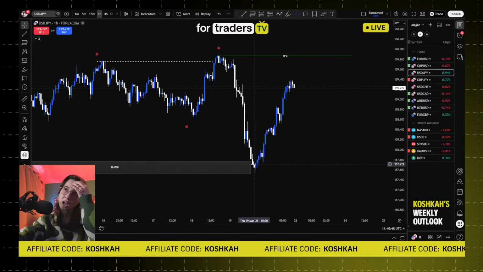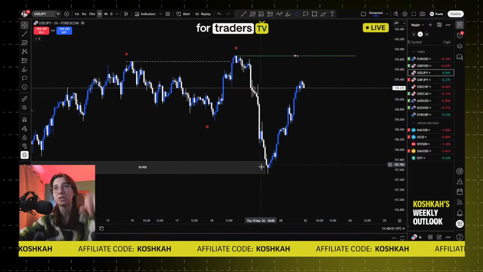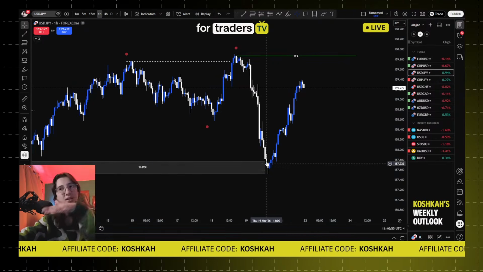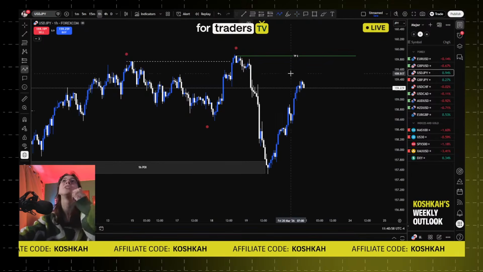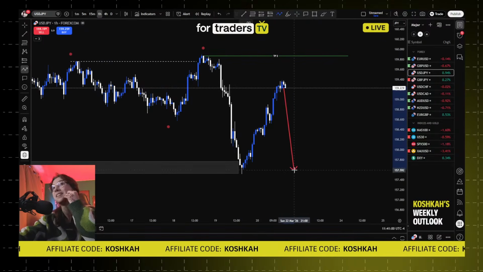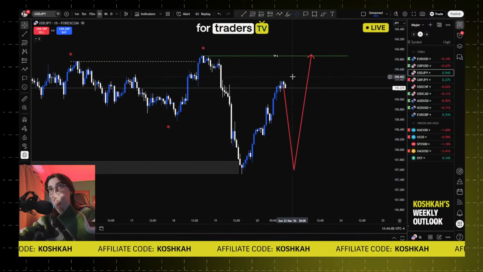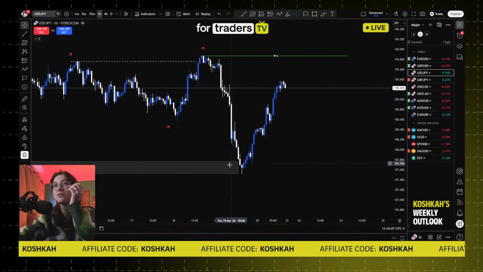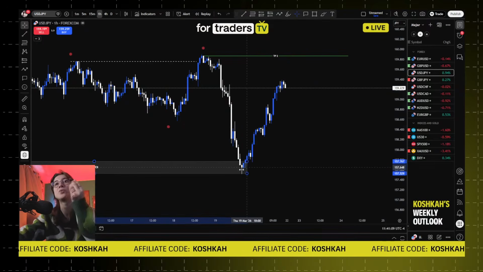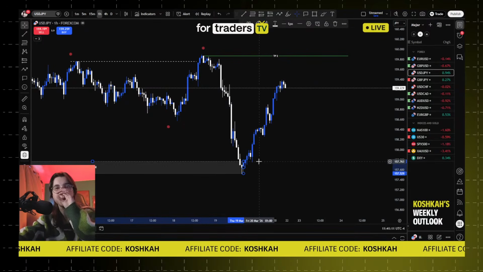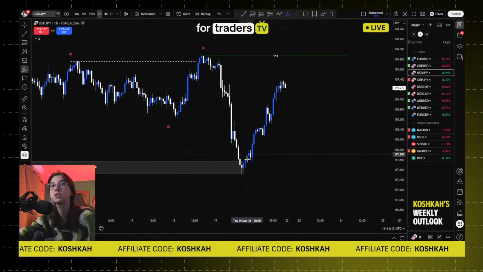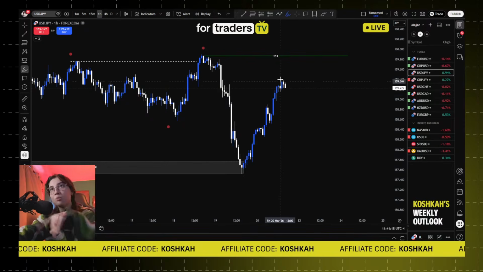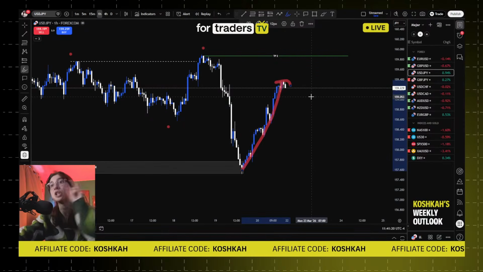The thing is, we already mitigated the POI, as you can see right here, and we're starting to push higher and kind of leaving without us. So the chances for the price to come back down and go back up again are more slim than if we would have caught this reaction from the POI straight away. The thing is, with the strategy, we really want price to mitigate the POI first and then enter the trade straight away so we can move with the price while it's pushing to the upside.